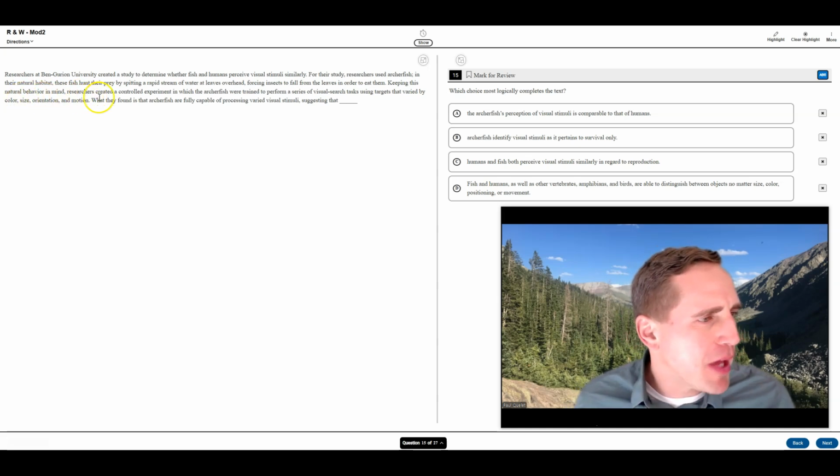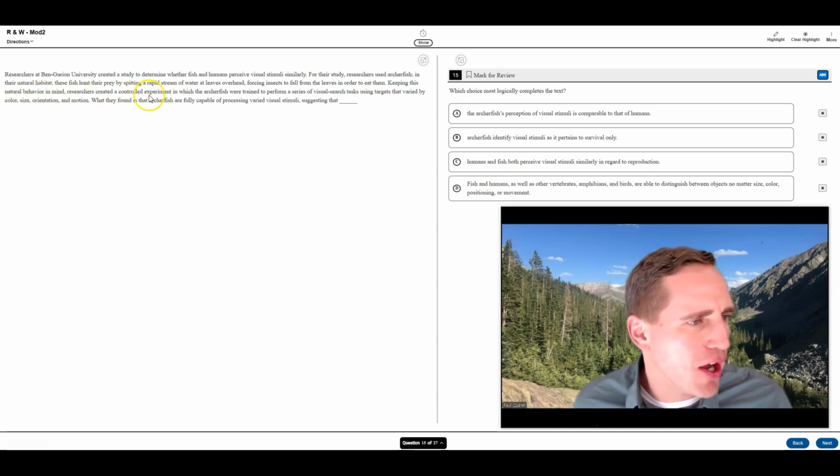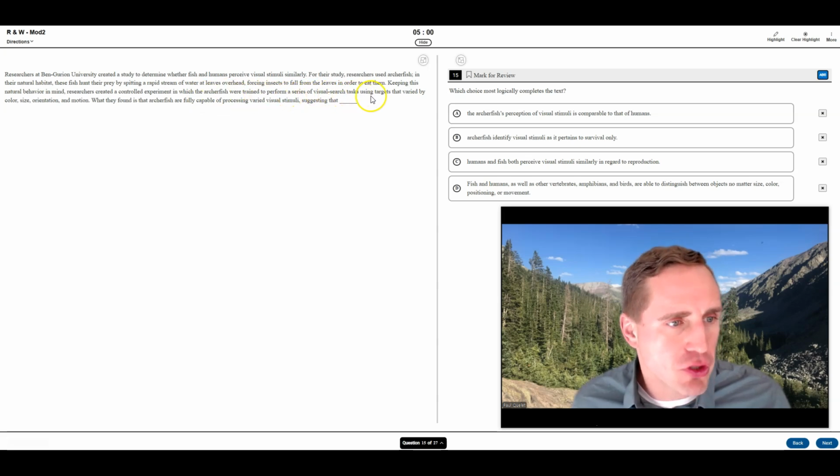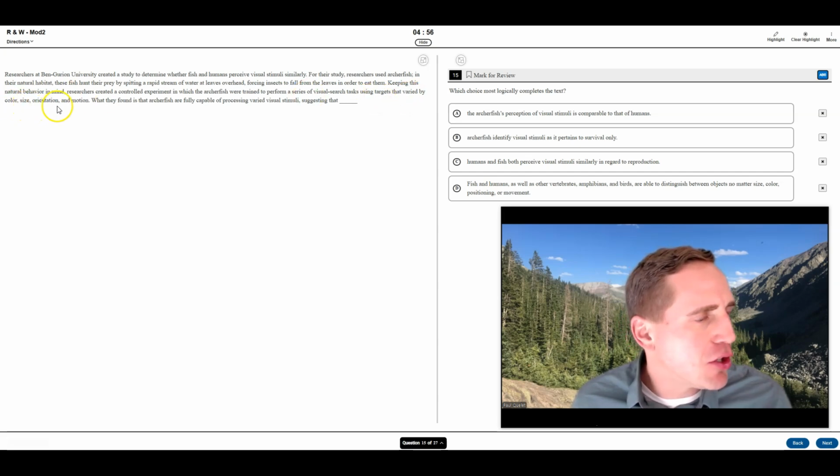Keeping this natural behavior in mind, researchers created a controlled experiment in which archerfish were trained to perform a series of visual search tasks using targets that varied by color, size, orientation, and motion. What they found is that archerfish are fully capable of processing varied visual stimuli, suggesting that